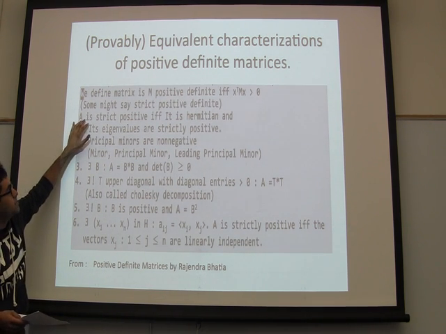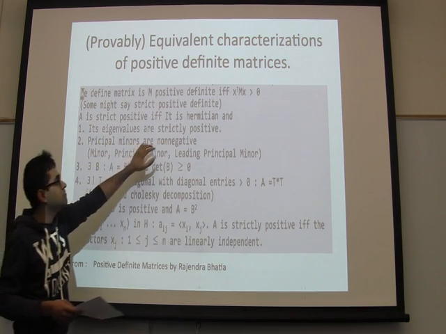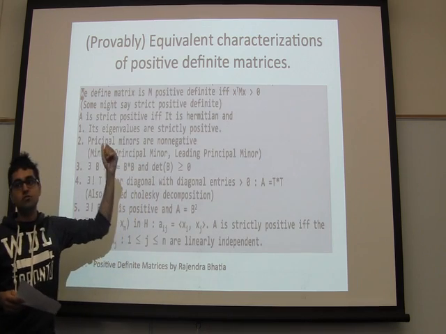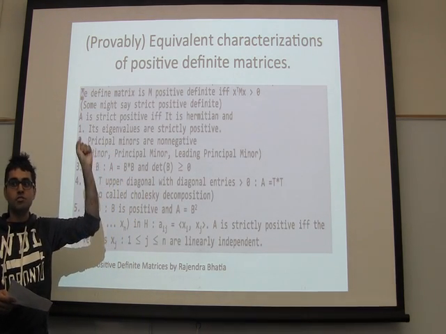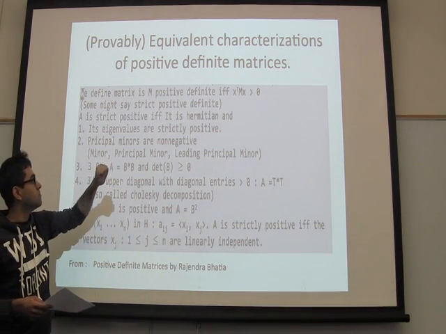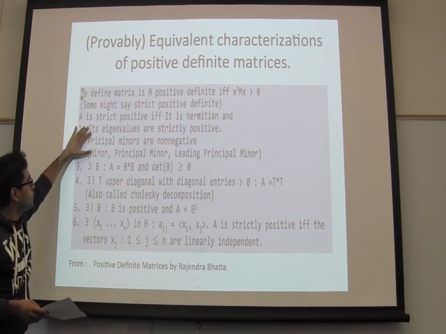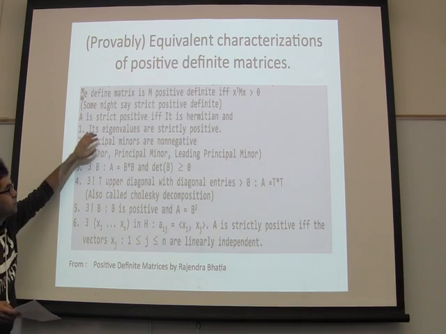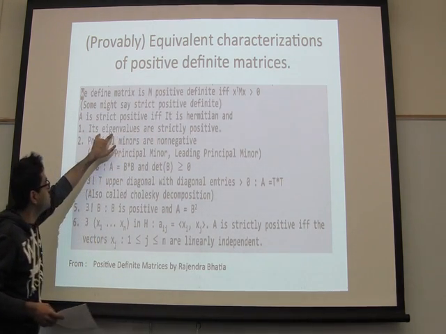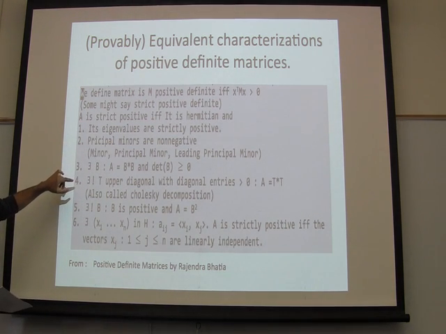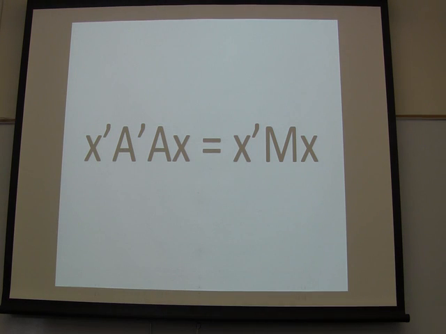So A is strictly positive if and only if, so it is always Hermitian. Hermitian means A equals A transpose conjugate, A conjugate transpose. And one of these things holds, like if it is Hermitian and the first is true, then all of these things hold. So you will see that in my case, like in the previous example, where M is equal to A transpose A,